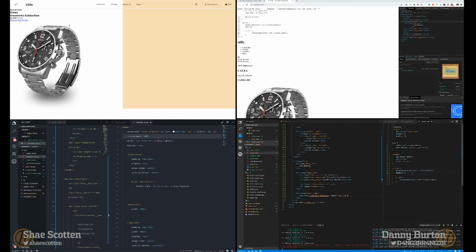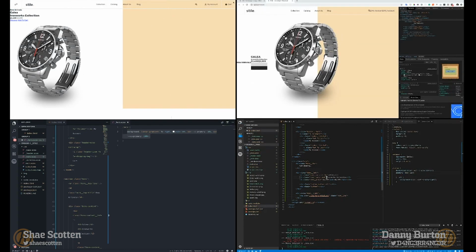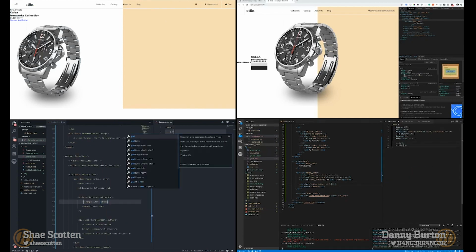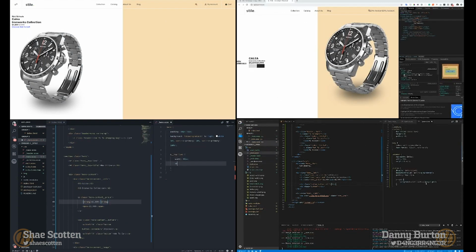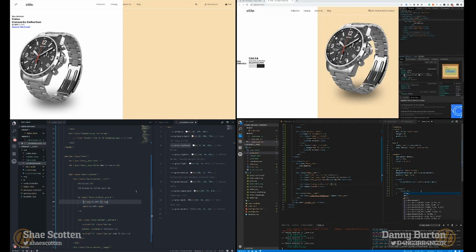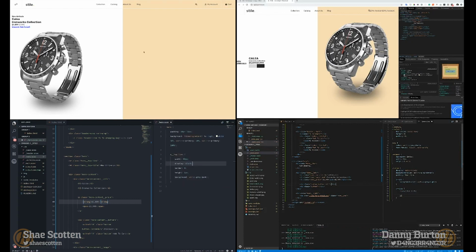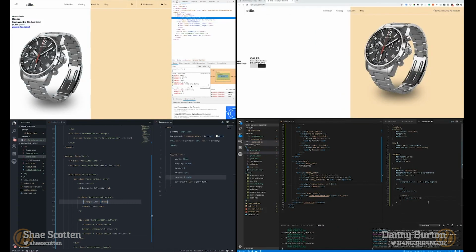There goes the background. If anybody's wondering, that's just a linear gradient where the color stops are both set right at 50%, so there's no actual fade between the two. Yeah, we both did it that way, right? Yeah, we did. And I think we both ended up going with